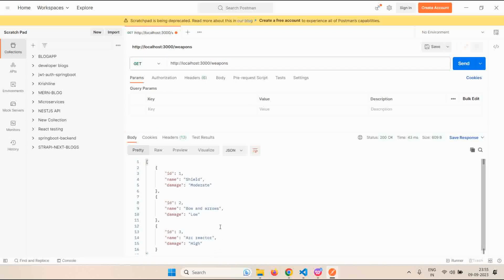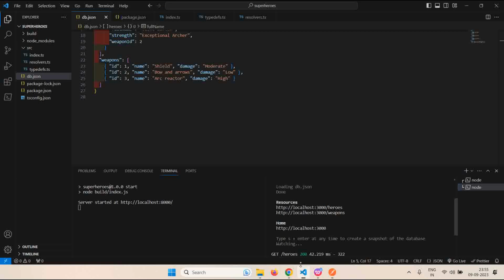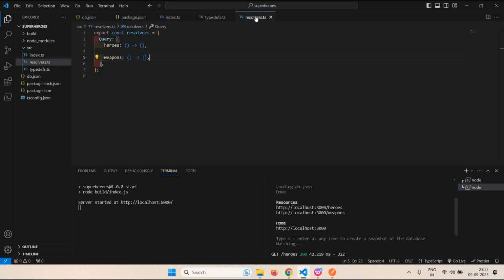So here it is. This is what we are going to do. This is how we are going to access our data using this REST API. We are not going to be using Postman. We will be doing this in our resolvers. So for that, we need to make use of